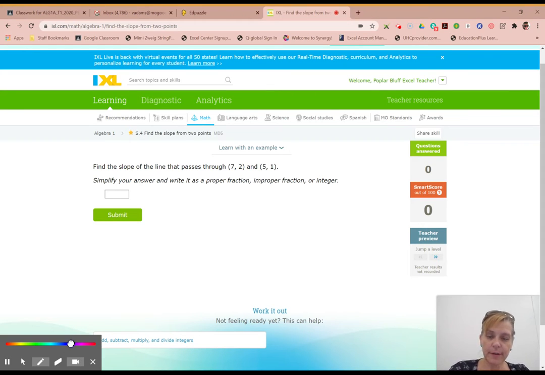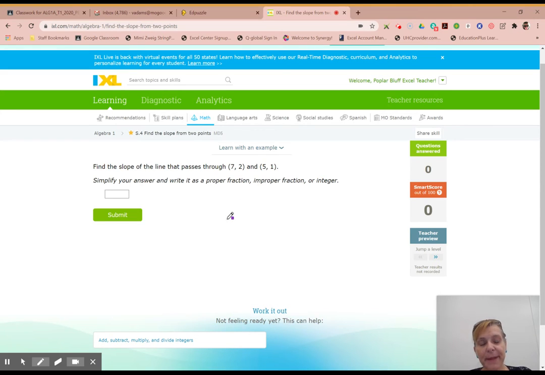Hi guys, we've already talked about finding slope from a graph, so now we're going to talk about finding slope from 2 points. You don't always have a graph or a picture to show you the equation of the line. Sometimes you just have the coordinate points of 2 points that are on the line. So in this example, we have 2 points: 7, 2 and 5, 1. Those are 2 points located on the line, and we could graph those points on a coordinate plane